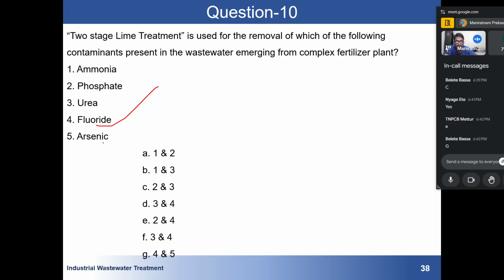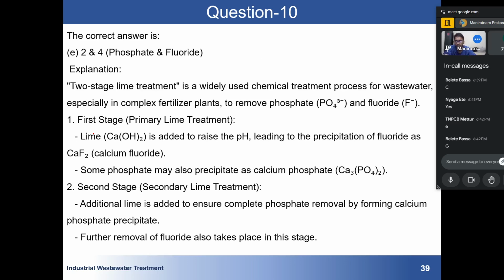It might contain arsenic, but the question is, can arsenic be removed by the lime process? The answer is no. We cannot remove arsenic by adding lime. Lime is calcium hydroxide. Calcium does not generally react with arsenic and form something. But phosphate or fluoride react with calcium and form calcium phosphate mineral, and fluoride forms calcium fluoride, known as CaF2. Or in the presence of other things it can react and form other things also.